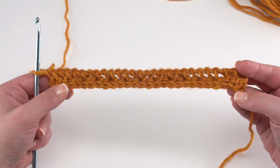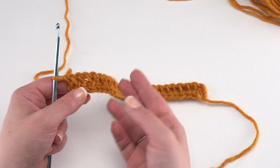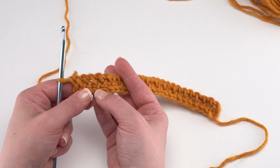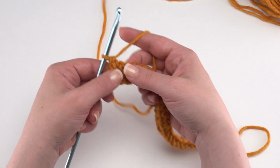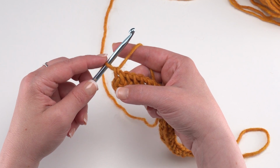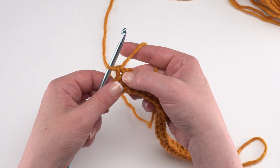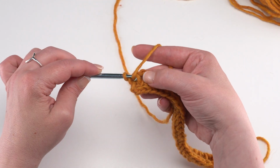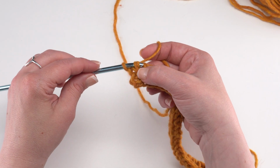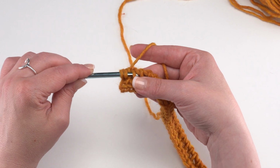Now we're ready to begin row 3. Row 3 is going to be very similar to row 2, but we want to switch our stitches so that we have simple stitches worked into purls and purls worked into our simple stitches. So that means, once again, we skip that first one because we've got that loop on our hook that counts as our very first stitch, but now we're going to Tunisian purl stitch in the second stitch there. So we can pull that yarn down in front of our hook, go under that loop, yarn over, and pull that stitch through. Then we begin our 2-stitch repeat, Tunisian simple stitch,